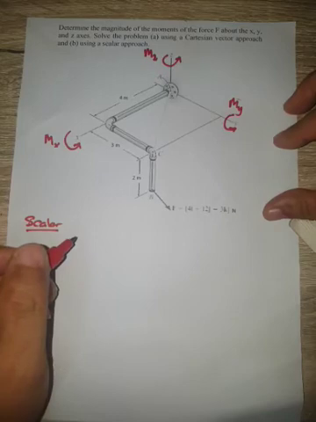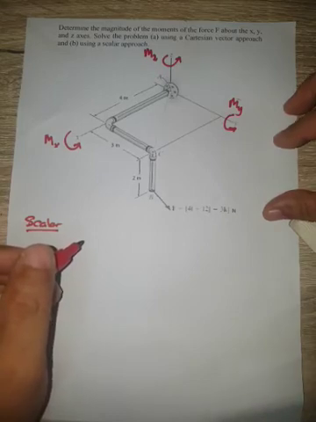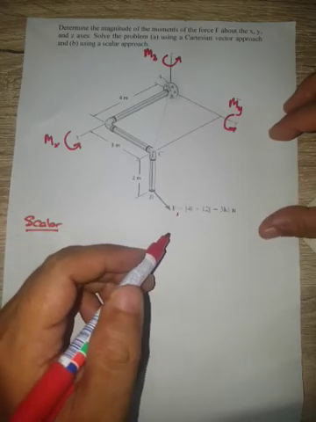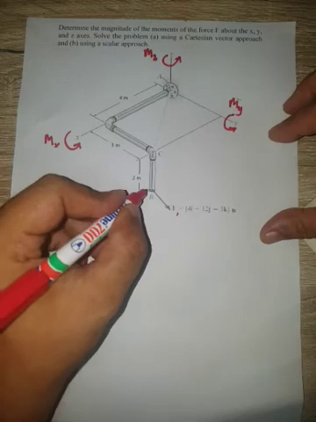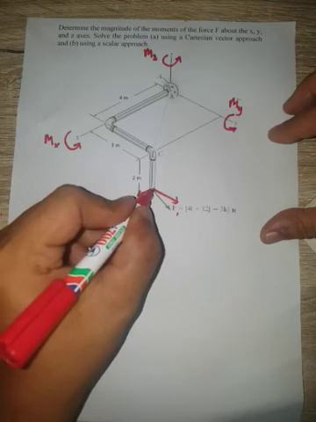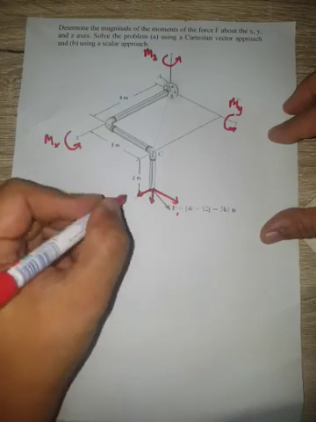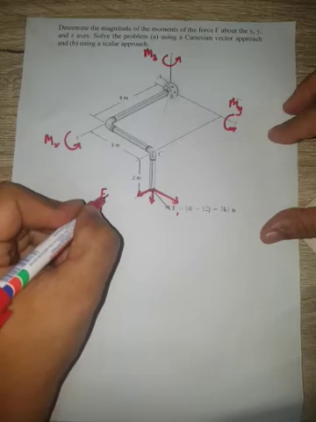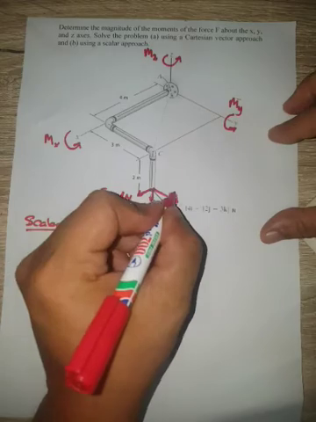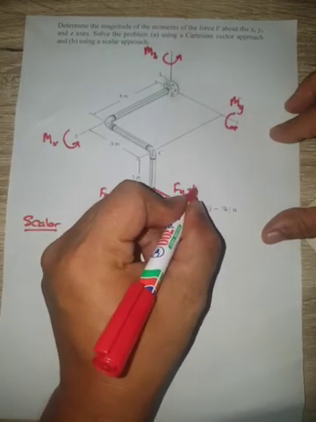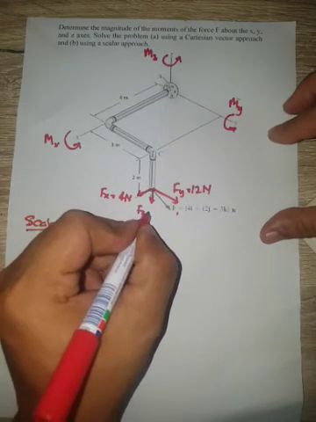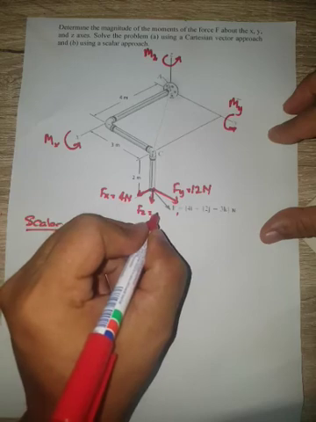First, we need to resolve the force into each direction x, y, and z. So this force we can resolve into force in the x direction, force in the y direction, and force in the z direction. Here we have Fx equal to 4 Newton to the front. We have Fy equal to 12 Newton to the right, and Fz equal to 3 Newton